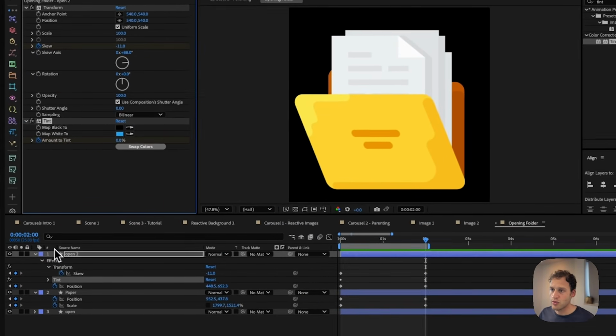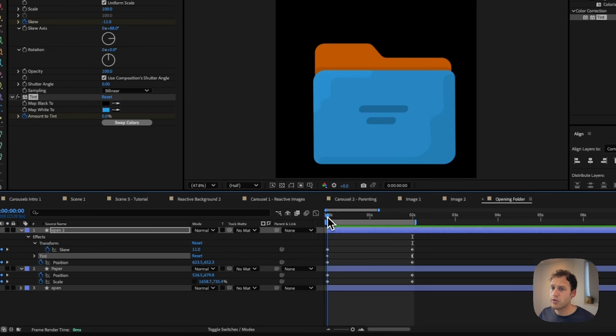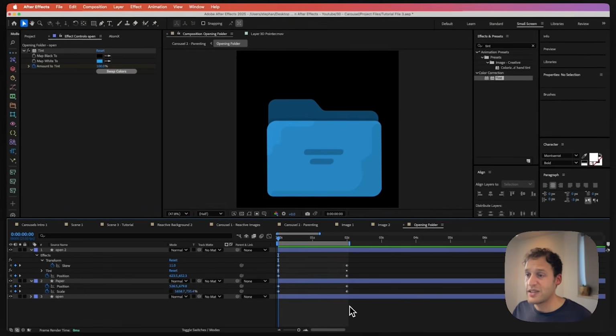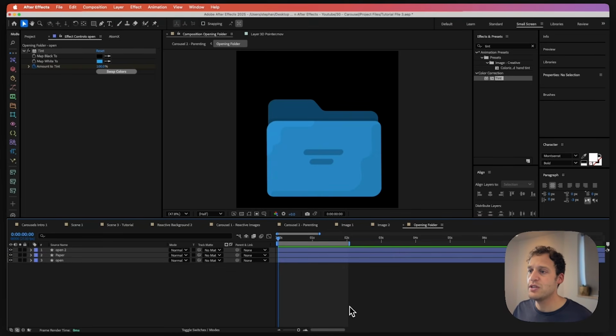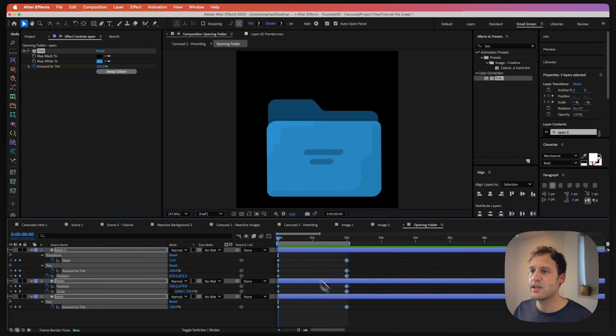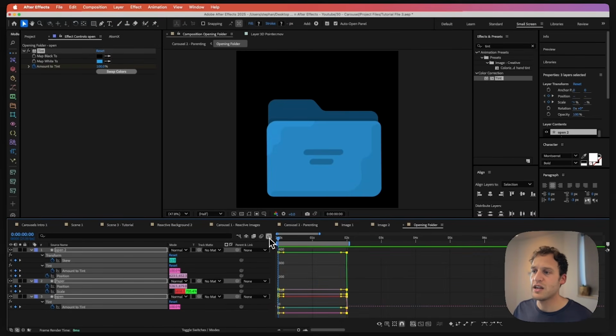Pick that tint, copy, go to the 0-second mark of our timeline, and paste it on the back. So now the final step that we need to do is hit U on our keyboard to reveal all keyframes. We're going to pick the end keyframes right over here, and go over to the graph editor,